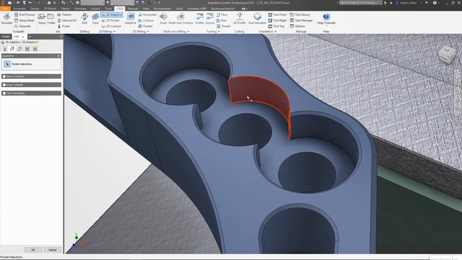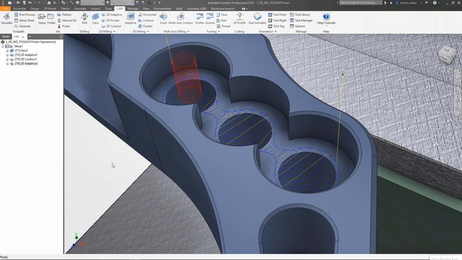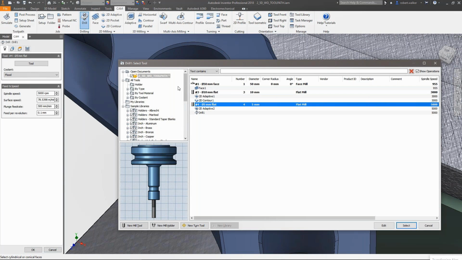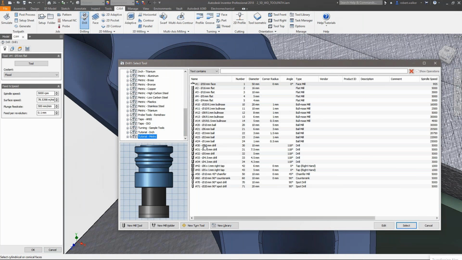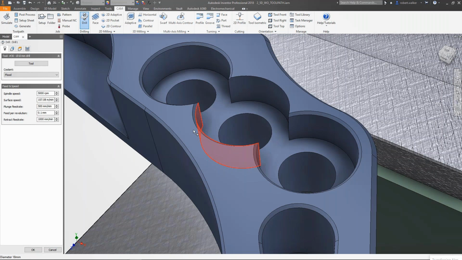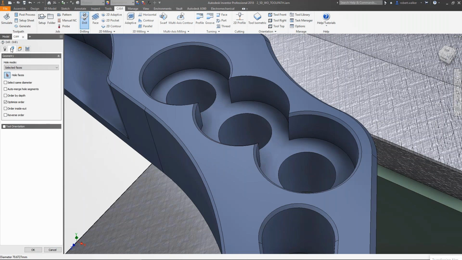Now I go on to carry out another 2-axis operation with the adaptive strategy, and this time for these counterbores which are connected to each other. As you see, the step is just a matter of selecting the tool, selecting the profile to be cut, and deciding whether the cutting happens inside or outside the profile, and that's it. Say okay, and the toolpath gets generated for you.